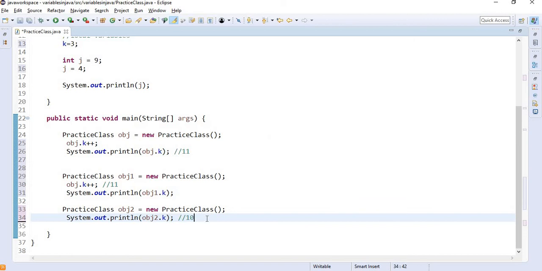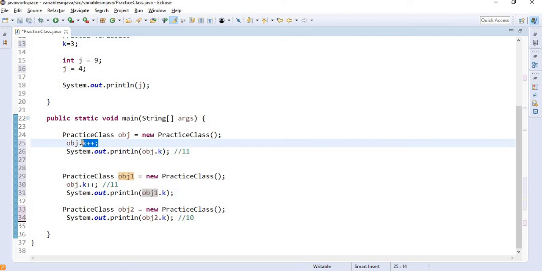which means every object holds a copy of my instance variable. See, there are 3 objects of the same class, and all these objects are accessing the same instance variable, and all objects are holding the instance variable as their own copy.